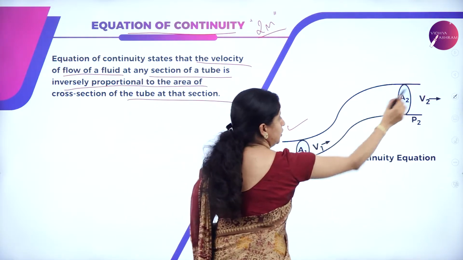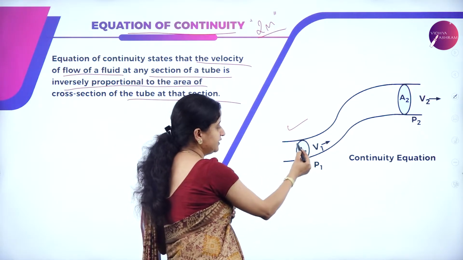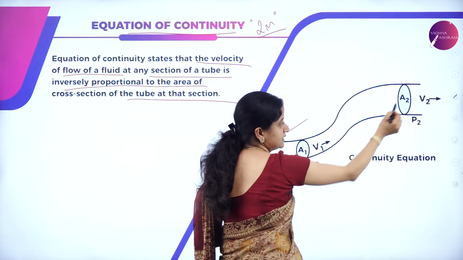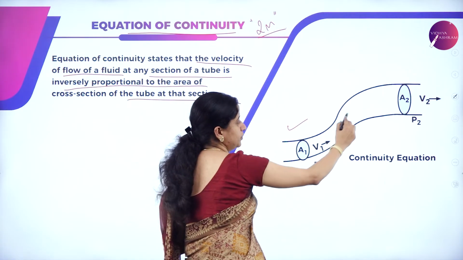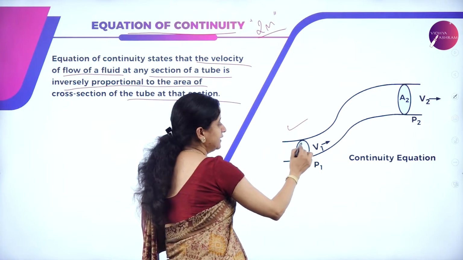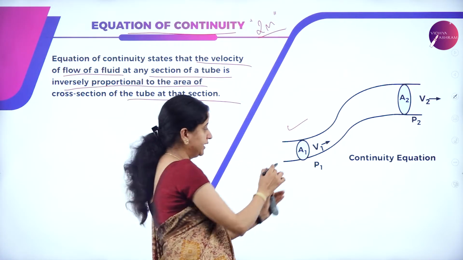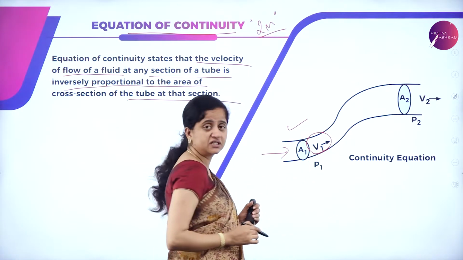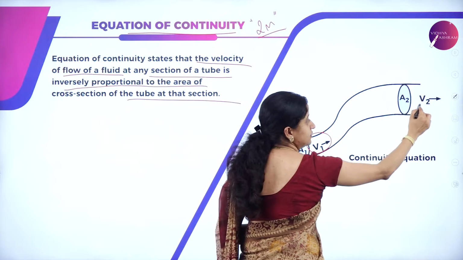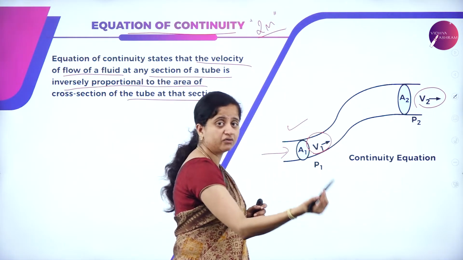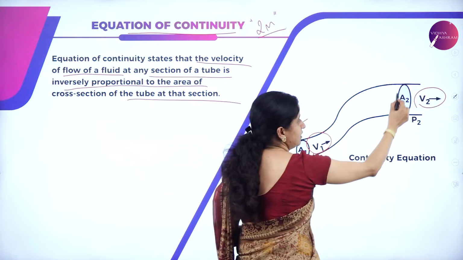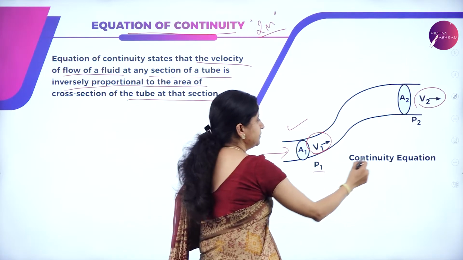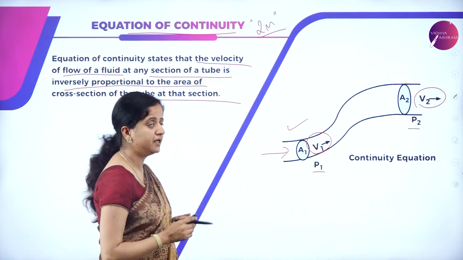Here I have taken one tube with different cross sectional areas. We can observe a smaller cross sectional area of A1, and here the cross sectional area is quite larger, that is A2. Let us say that the fluid is moving inside this tube, and A1 is the cross sectional area at the point where the fluid enters, and this fluid will move with the velocity v1 in this direction, and v2 is the fluid velocity when it comes out of the tube. And here the area of cross section of the exit point is A2, and P1 and P2 are the pressures created by the fluid.